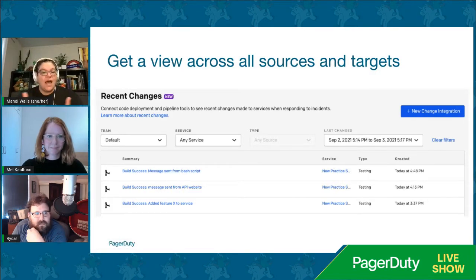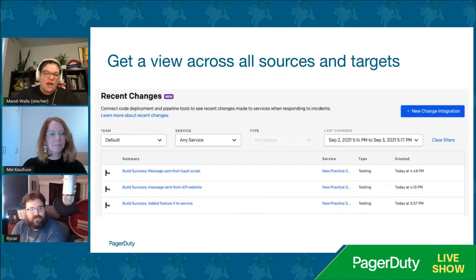When you get into having a list of all these changes from different sources, they're going to show up in a list under that recent changes page, and you'll have the most recent ones on top. The default view is going to give you the last 24 hours. So if you're expecting to see one in there and you don't see it, maybe it was yesterday and has fallen out of the page.